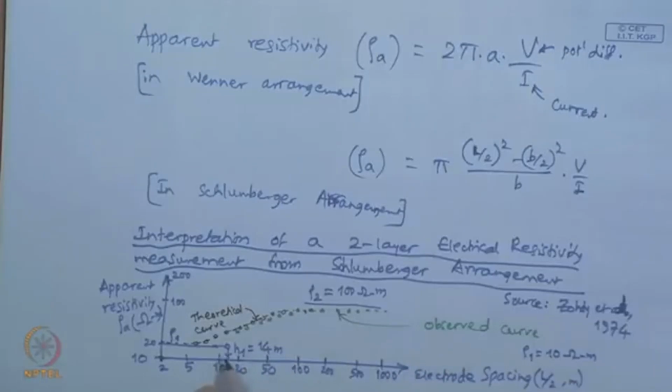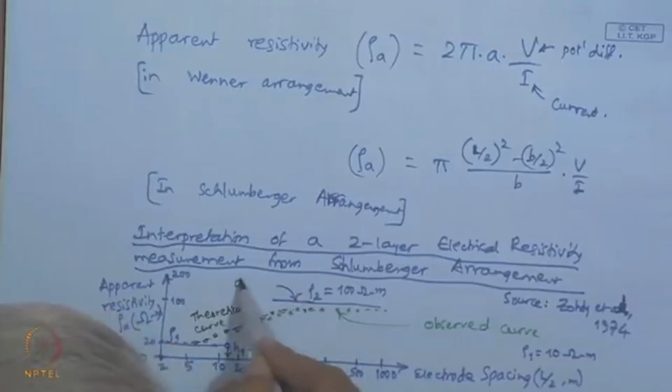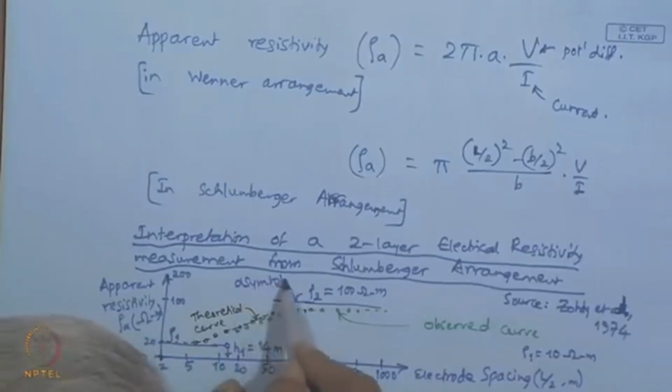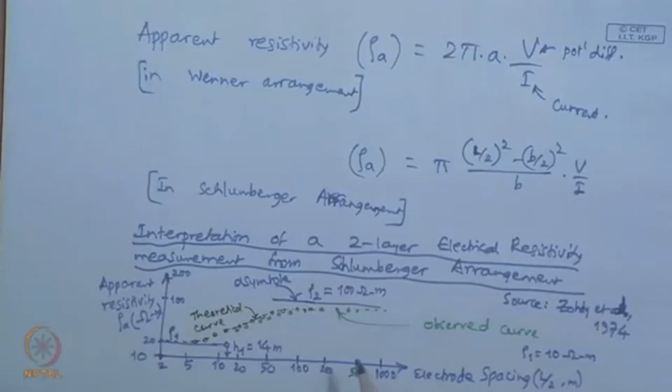And this is the asymptote, and here in this case,